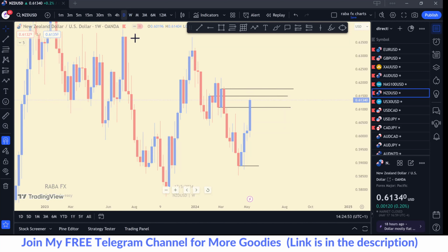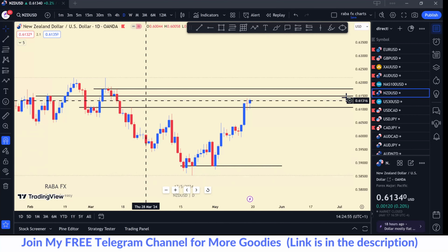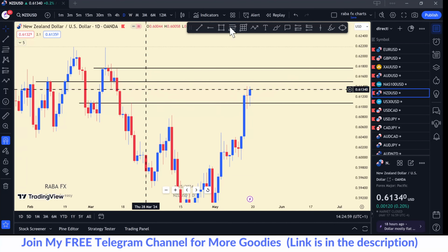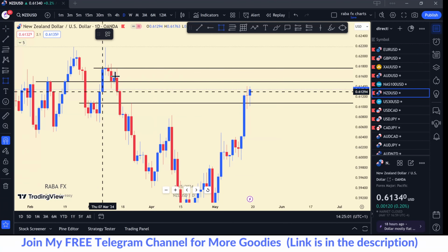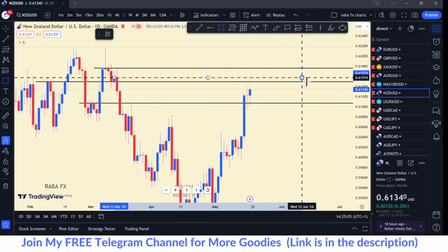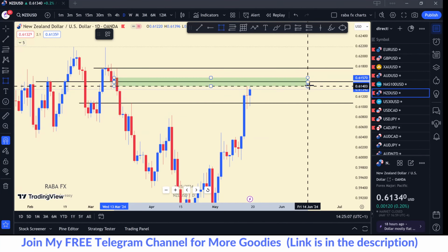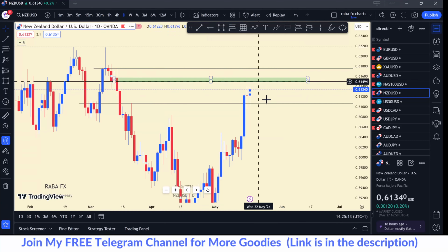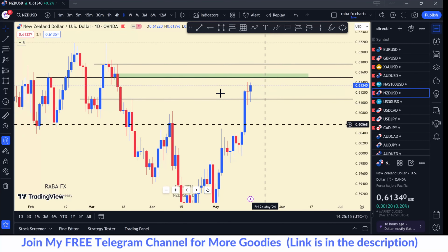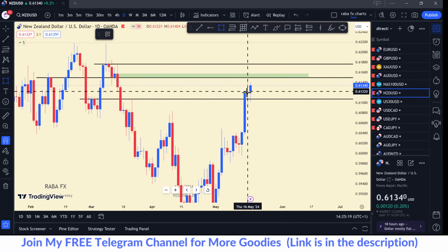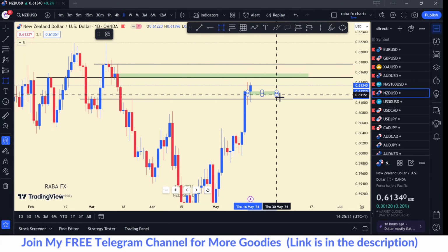All right, so on the daily, looking at the daily time frame now, I can see that there are some levels on the daily that line up perfectly with the weekly. So the first area to consider looking for short will be this area here. Okay. Now, when I say looking for short, this is for intraday short. The overall direction is a buy. So for me, I'll be looking for buy from here.